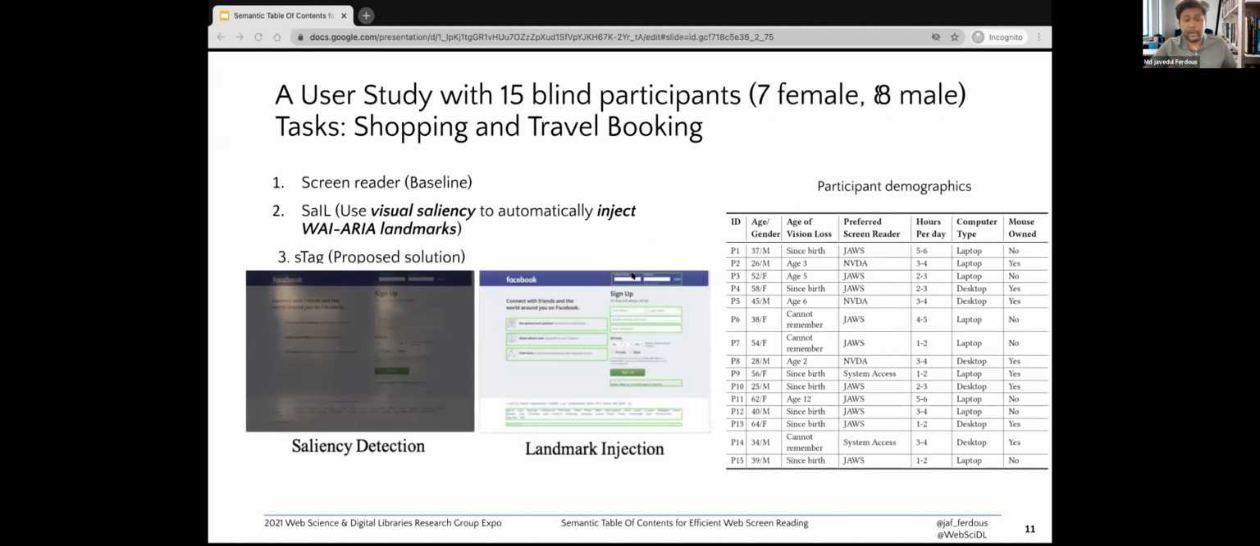To test the performance of our extension, we conducted a user study with 15 people by giving two tasks. The first task was to buy a product from an online website. The second task was to book a hotel room from a travel website. The participants performed each of these tasks under the following three study conditions, and we checked their completion time